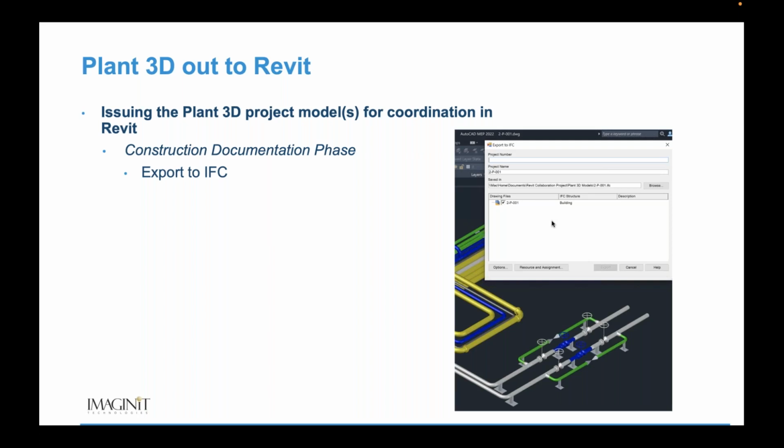So it's not a live intelligent link, and it gives me the ability to present things. But again, if I'm doing this at a later stage in documentation, say construction documentation, hopefully I'm not going to have to do it multiple times, because if I have to do it multiple times, each time I'm working with the IFC,